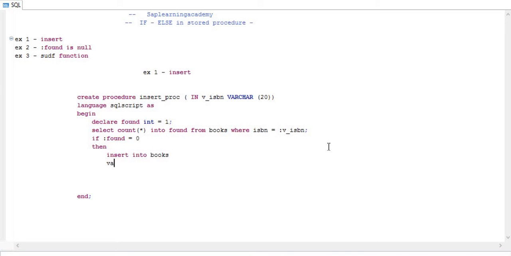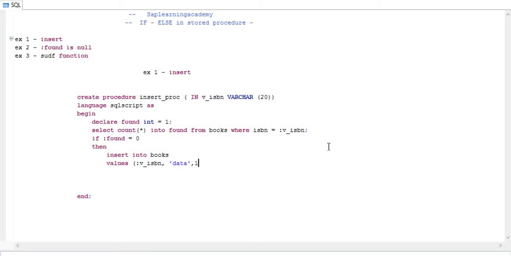Then you have to write values, and these are the fields of this table books. I'm just writing some temporary values for the data, and then I can write some normal whatever.